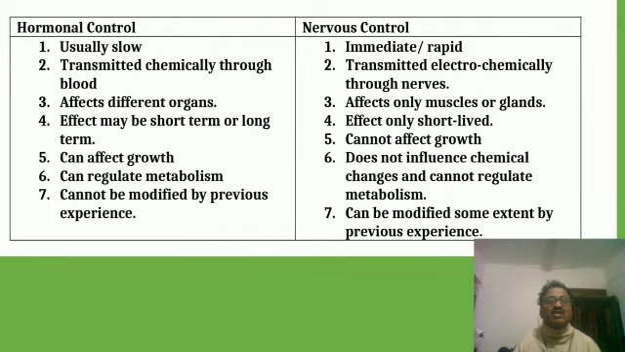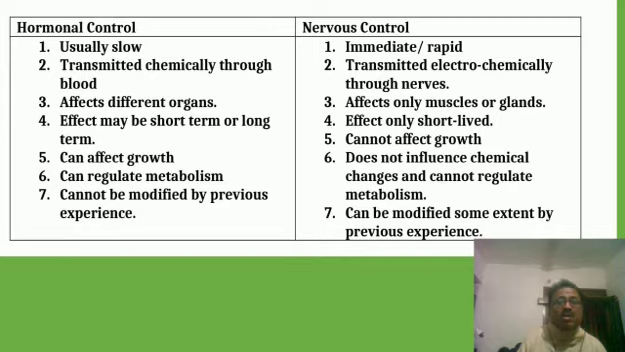Now let us know the differences between hormonal control and nervous control. We have already studied the nervous control in the chapter nervous system. Let us know the difference between these two controls. Hormonal control is usually slow. An example is the growth of the body controlled by hormones. The growth is very slow. Nervous control is immediate, rapid, or fast action. Suppose if anybody calls, immediately we respond by looking at that person. It's a fast